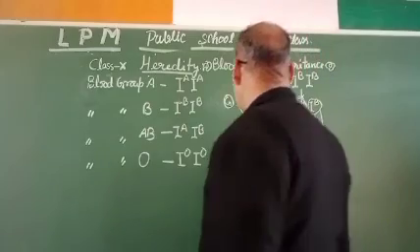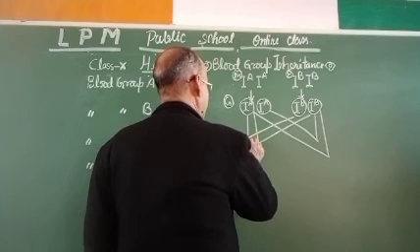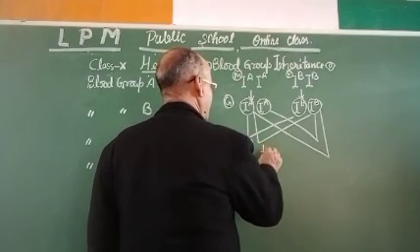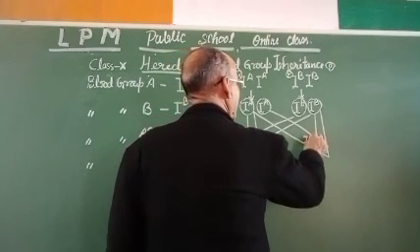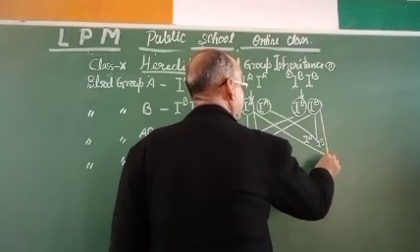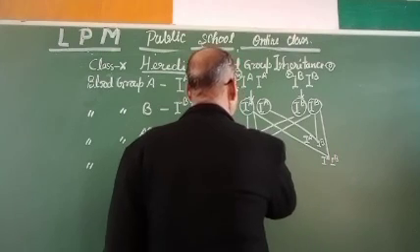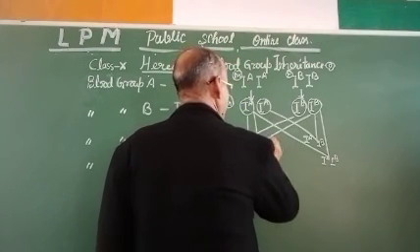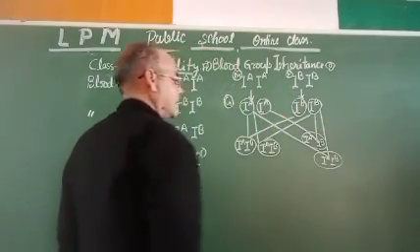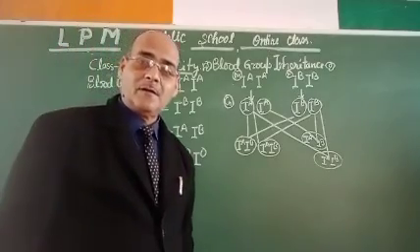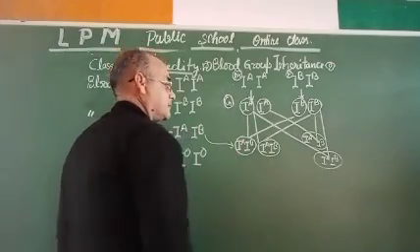So what is the result? See this. The result is I A I B, I A I B, I A I B, I A I B, and this is blood group AB. So when blood group A and B get married together, the child will be of blood group AB. So this is blood group AB. Okay.